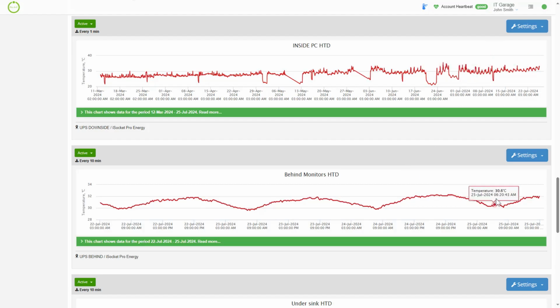Let's go straight to the one behind the monitors. It's just the sensor behind the monitors. So I'm checking what kind of heat is going to my eyes, because it is behind the monitors. And we see, for some reason, a pattern. Well, why for some reason? Because it is similar to the lobby that we discussed earlier, because actually you don't have many changes.